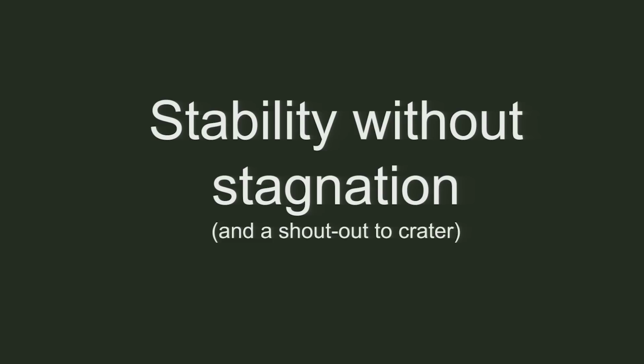And this has a number of different components. One of them is basically we have the without stagnation part, which is the interesting part. So stability does not mean we never change. It means we ship things to you regularly, but we also guarantee that they do not break. So as a programming language, we actually have a 6-week release cycle. And the next version of Rust is actually coming out day after tomorrow, Thursday. And then 6 weeks from then, the next version of Rust will come out. And 6 weeks from then, the next version will come out.